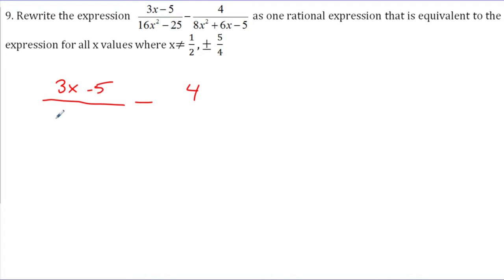16x squared minus 25 turns into 4x plus 5 and 4x minus 5, because, remember, this is a perfect square, and so is 25. And my second expression, you can do your AC factoring. It's negative 40 and 6, and this one turns into 4x plus 5 and 2x minus 1. I'm not going to go through the process of how I got this expression. This is something you should know how to do. Pause the video if you need to, and off to the side, just do your AC factoring